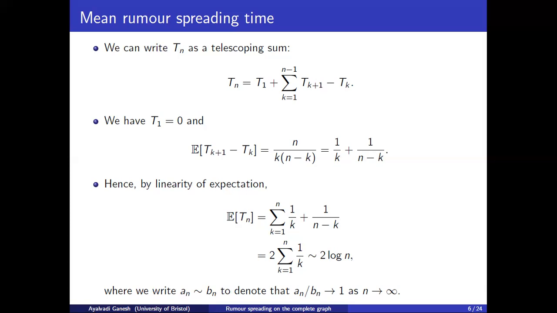Next time we are going to do a slightly more detailed analysis of this. We've only looked at the mean of this random variable in this lecture. Next time we'll try to say a bit more about the distribution. Not a lot more. We are going to calculate the variance, and then we are going to use that to prove a limit theorem for the sequence of random variables Tn indexed by n. But I'm going to stop this lecture here.